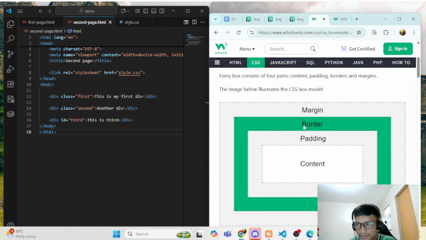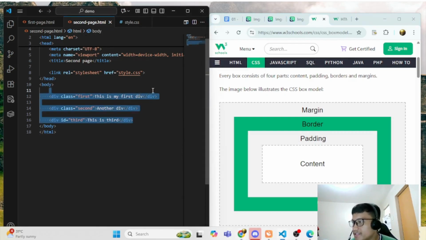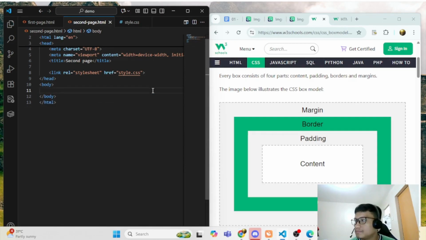So margin, border, padding, and content. So you have to understand deeply how the box model works. Okay. So for instance,